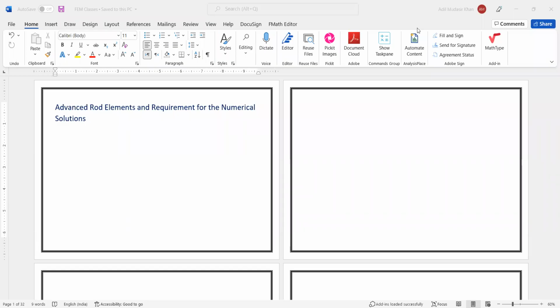We will begin our next lecture on the finite element methods. And in this lecture, we'll be talking about the advanced rod elements and requirements for the numerical solutions. Well, in the previous lectures on the rod elements, we got to know that we are writing the displacement function